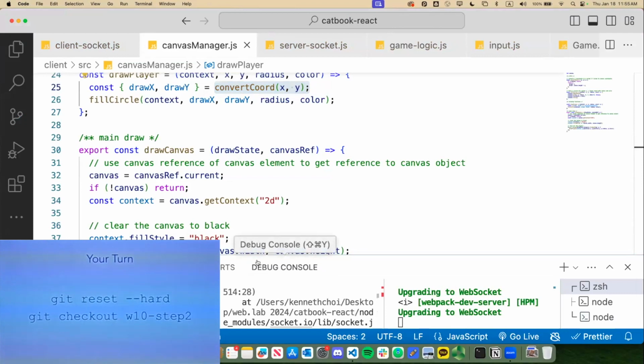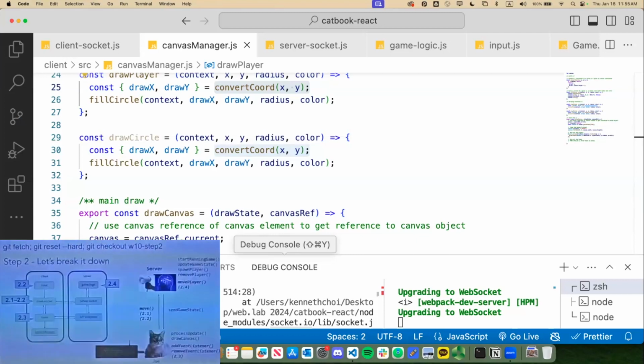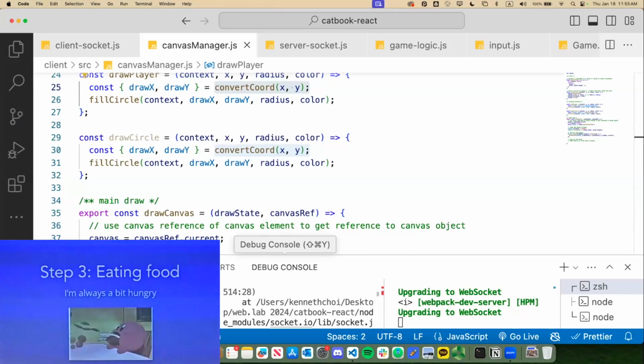Step 3, right? Yeah. Sorry, step 3, not step 2. The slides went backwards for some reason. All right. So git checkout W10-step-3, and then in this one we're going to be trying to eat